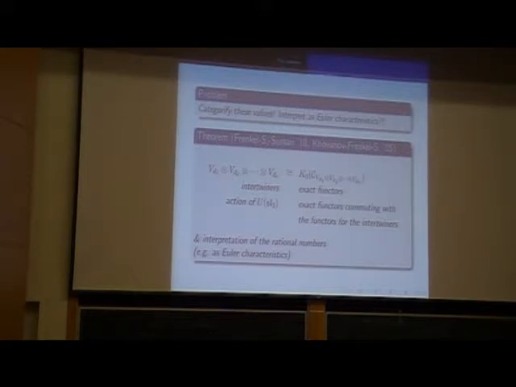And then the statement is that all intertwiners, also including these projectors and inclusions, can be realized as exact functors, which when you go to K0, or to this completed Grothendieck group,